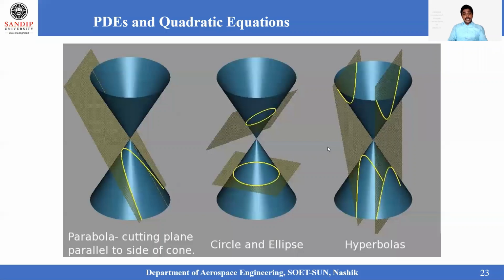And when you're making two planes cut on this particular conic section, we get two real parts which are separated by a certain distance. In that case, we call it a hyperbola. So parabola, ellipse, circle and hyperbola. These are all the cases possible within the equations.